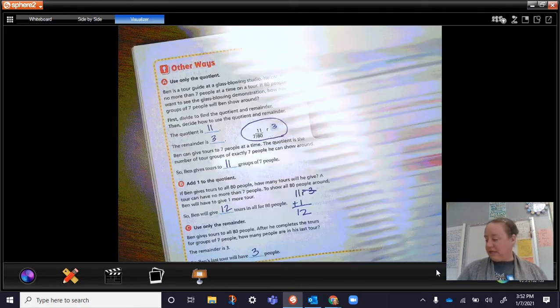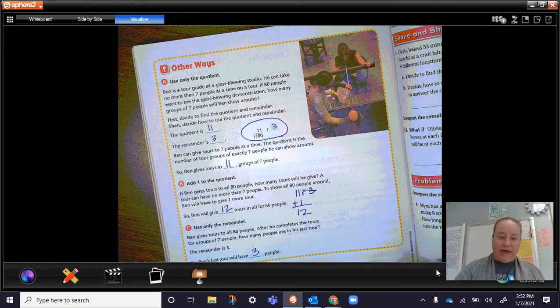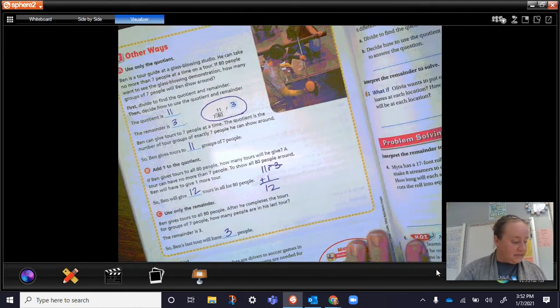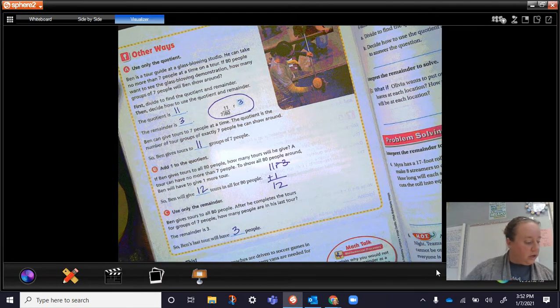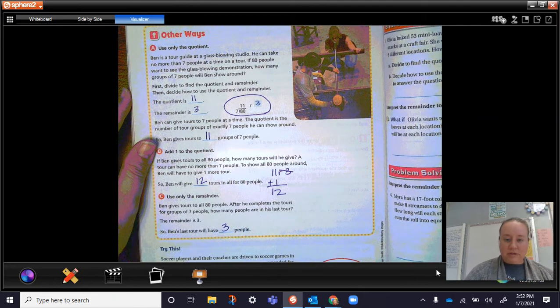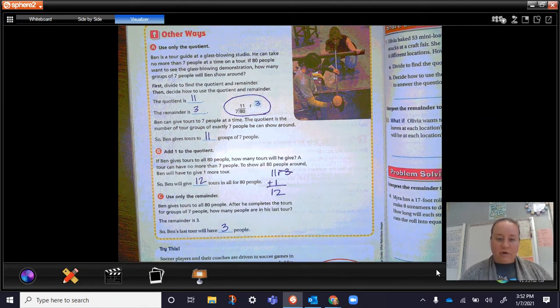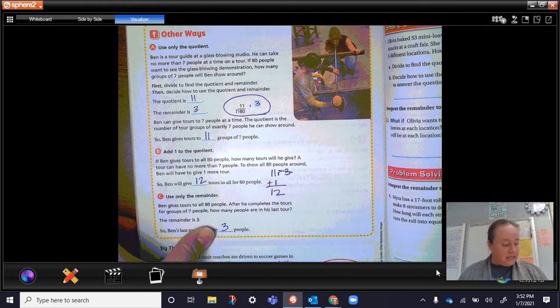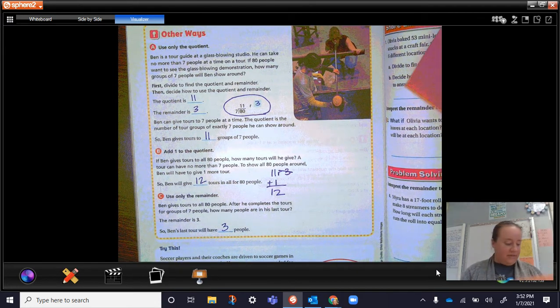So we looked at some examples of that. On page 318, we looked at Ben here, who's doing tours, and he's got this glass blowing studio, and he can take no more than 7 people at a time on his tours. And so if 80 people want to see the glass blowing demonstration, how many groups of 7 can he show around? And so we did that